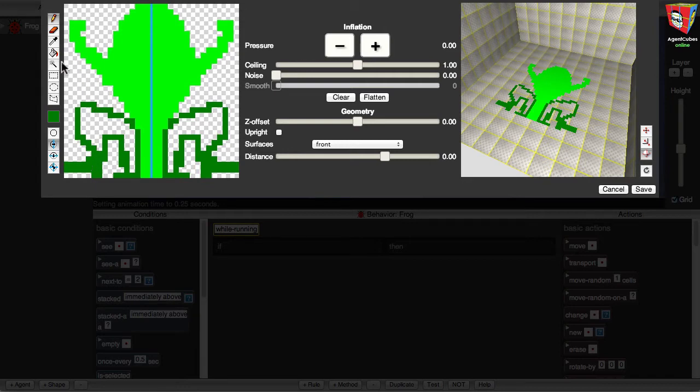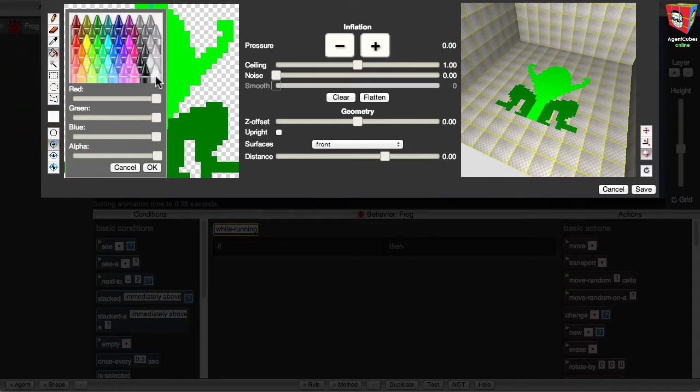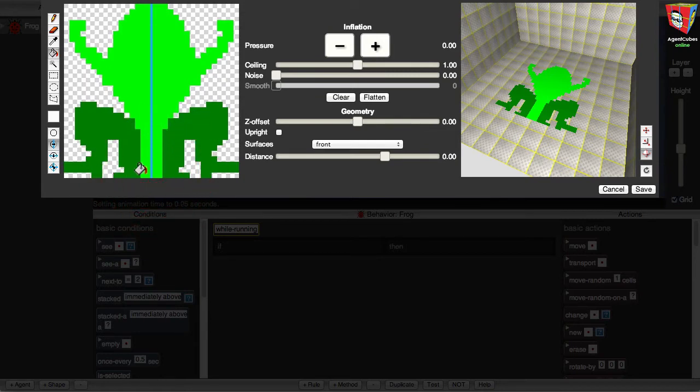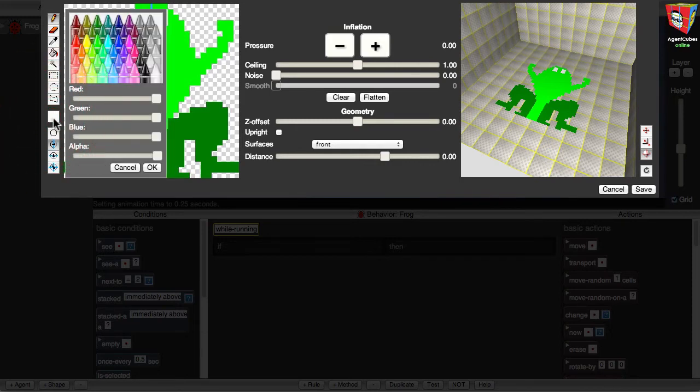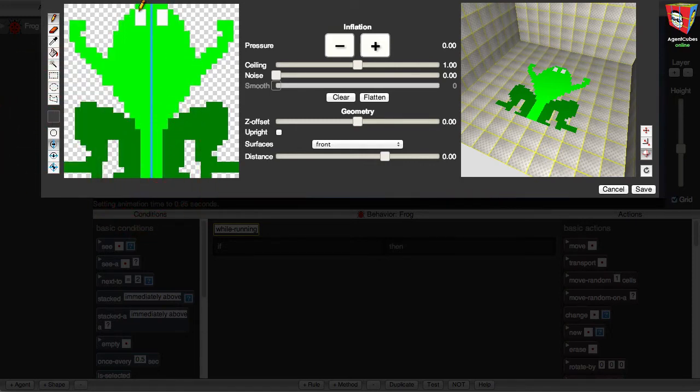Again, I'll select the Paint Bucket tool in the toolbar, and I'll fill the left leg with green, and that fills the right leg too. I'll finish up by giving my frog some eyes. I'll go back to the Color well, click there, and I'll select the white crayon and click OK. Then I'll go back to the toolbar, and I'll select the Pencil tool again, I'll draw some eyes, and I'll go back to the color wheel one more time and select the black crayon and click OK